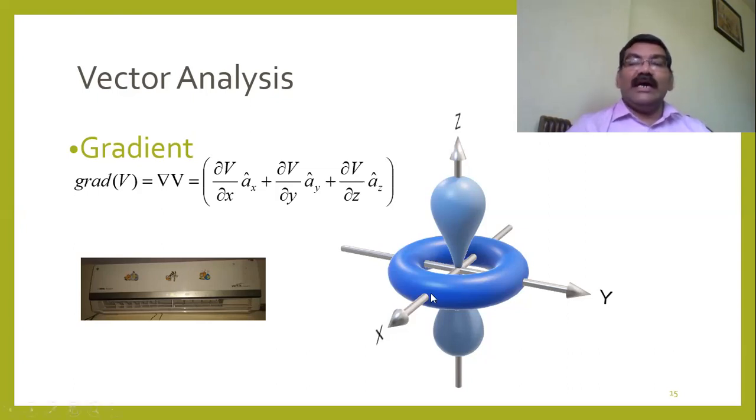If you want only one direction, then you can consider only one direction. This is happening in the Cartesian coordinate system, and in the other coordinate systems it happens in the same way. In the Cartesian coordinate system, it is very simple to understand. The AC is kept here, now it starts cooling, and we have the rate of change of temperature along the x-axis, along the y-axis, and along the z-axis. This is what is called the gradient. This is the best example of gradient.